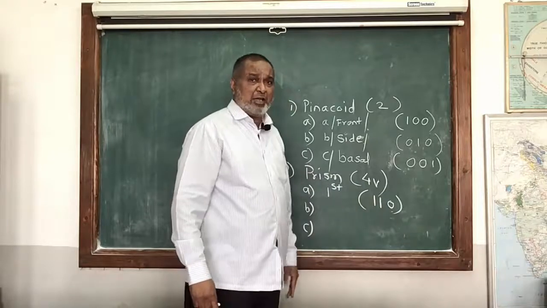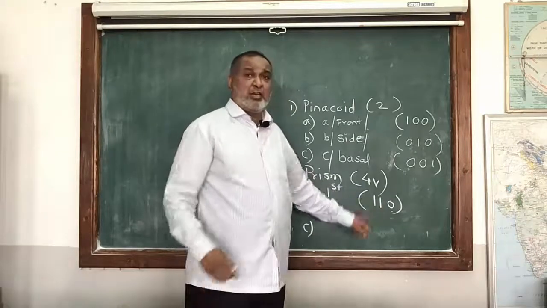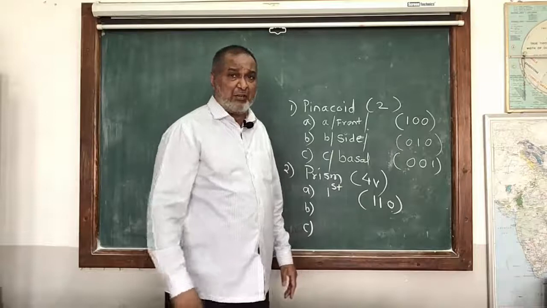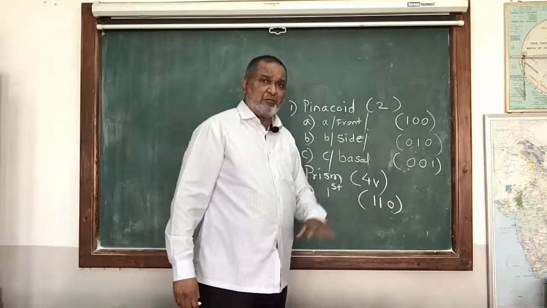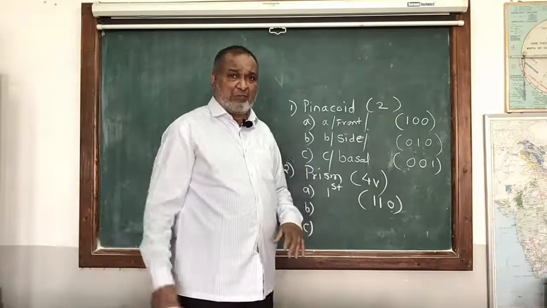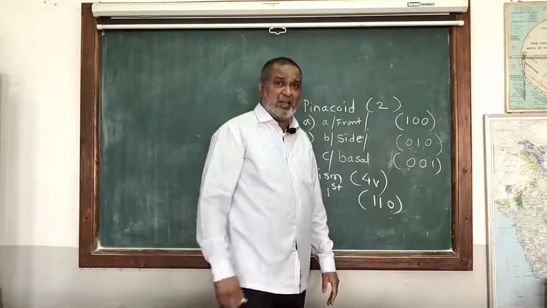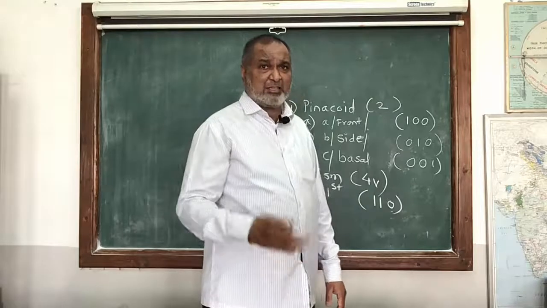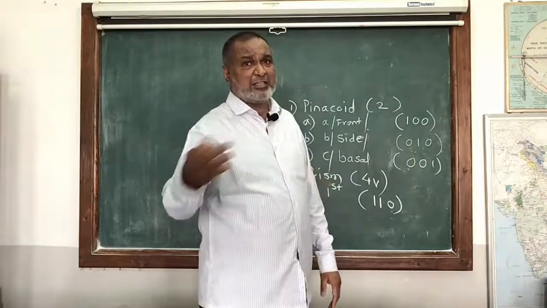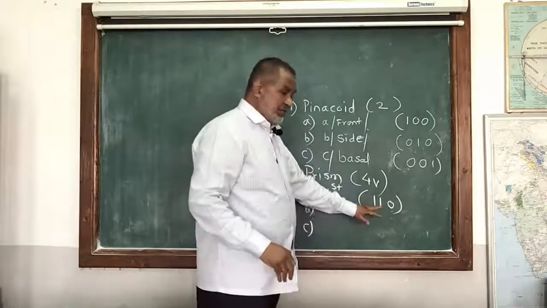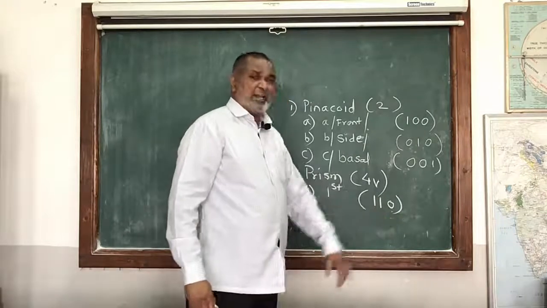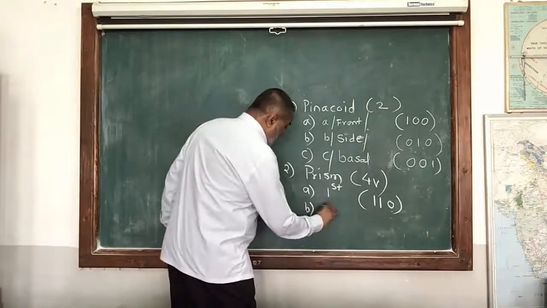It is going to cut your A and B axes, and it is always cutting the positive end. We are not taking 1 bar 1 0, which is coming on the left hand side, but the one which is coming on your right hand side, which cuts the right side of A, that is the front one, and it is cutting the right hand side of the B axis. So 1, 1, 0. Then the second order prism.